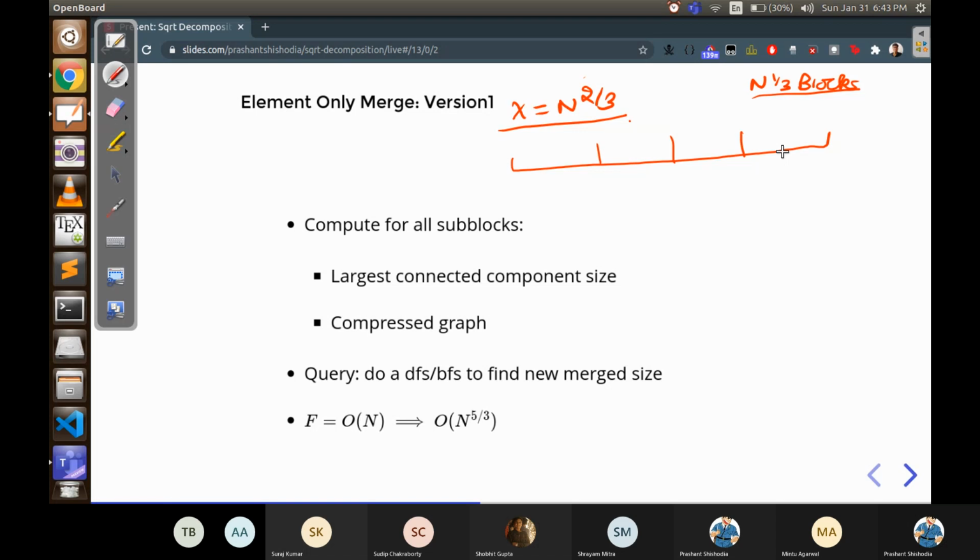Okay, so you asked about the complexity of the pre-computation. So let's take this example. We are dividing it into, if you remember correctly, n raised to 1 by 3, n raised to 1 by 3, f raised to 1 by 3. So that's n raised to 2 by 3 here. So I am dividing it into blocks of size n raised to 2 by 3. So the answer for X was n to the power 2 by 3, f to the power 1 by 3, I think. Okay, so I'll probably correct that.